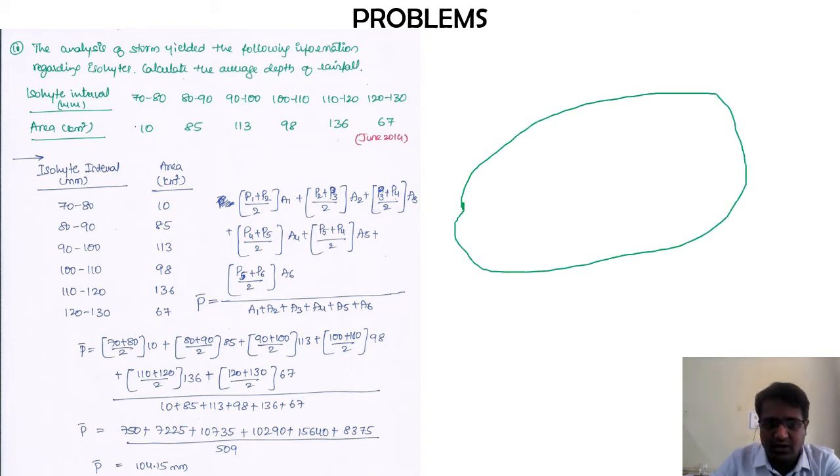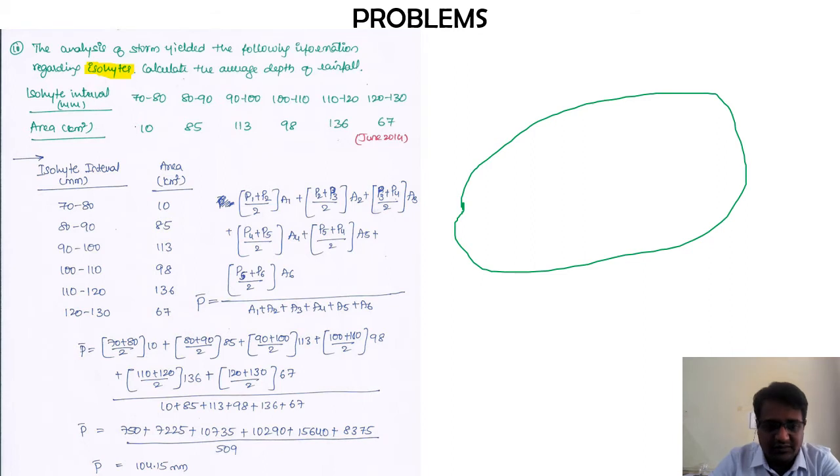Okay, first you need to understand what we mean by this particular term called isohyet. Your isohyet is something similar to your contour. Whenever we say contour, we usually say that it is an imaginary line which joins the points of equal RL. The contour is nothing but an imaginary line that joins the points of the same RL. But here, the isohyet is also an imaginary line which joins the points of the same rainfall. What do I mean by that?